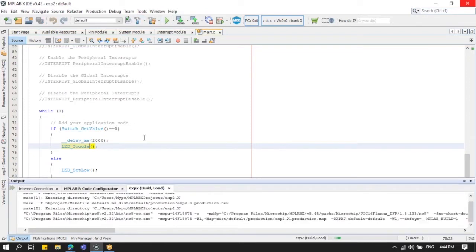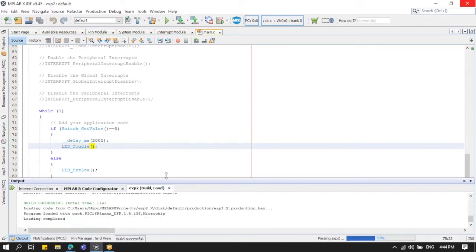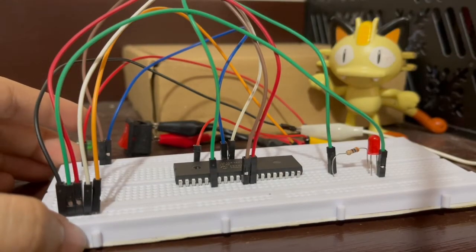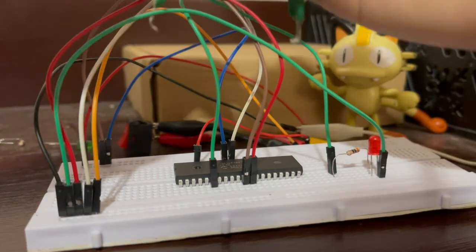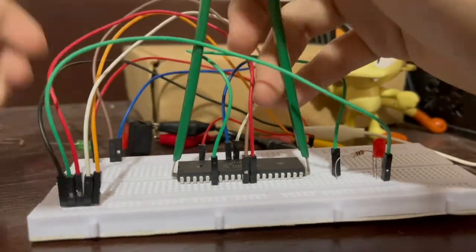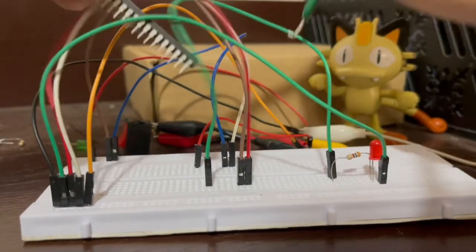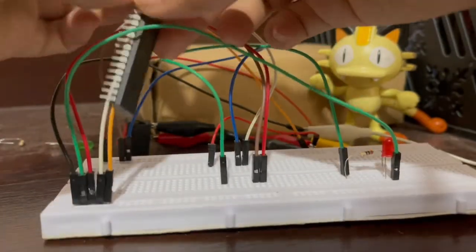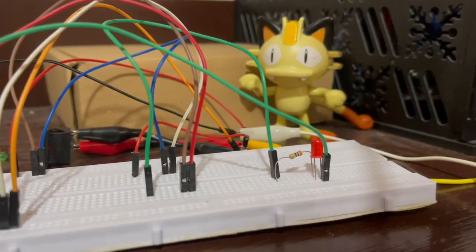Once the build is successful, we will click that to rewrite the previous hex file. After we edited the hex file or the code, what we need to do is just remove this IC and transfer it to the ICD C2 here,